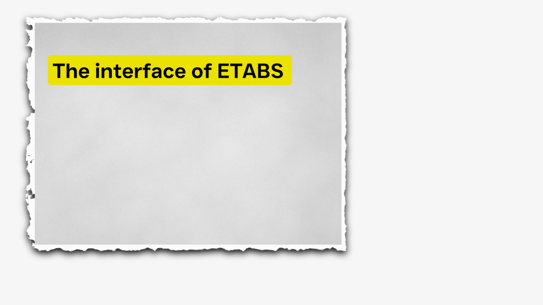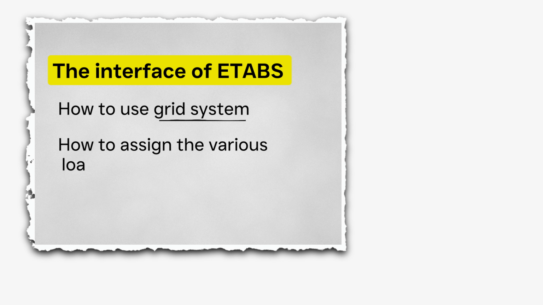This is the new video wherein we will start with a chapter called Structural Analysis and Design using the software CSI ETABS, wherein we will learn about various aspects of ETABS, starting with the interface of ETABS. We will learn how to use the grid system. We will learn how to assign the various loads to the ETABS structure, and we will also work towards the design